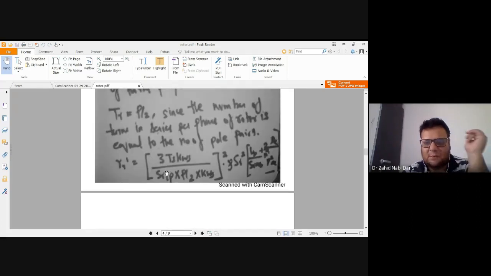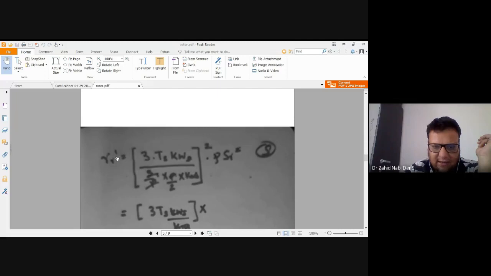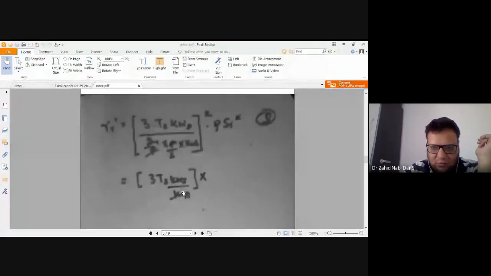See, a simple expression for this is here, one expression I have written. So here it's very much clear. RR dash would be equal to thrice into TS KWS 3 by P into P by 2. So this P and P cancels. So 3 remains here. You get TS KWS, and this is the term just for explanation rho SR square. But just for explanation, this P and P will get cancelled. Okay, and you are left with this square.